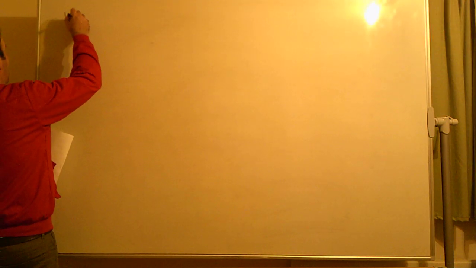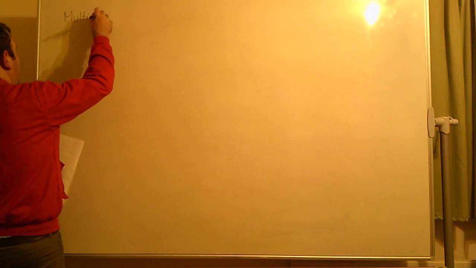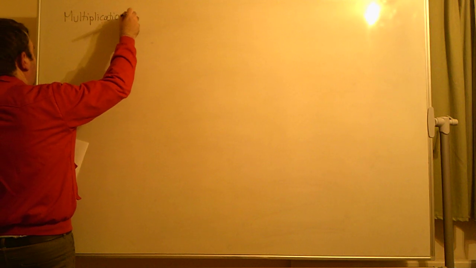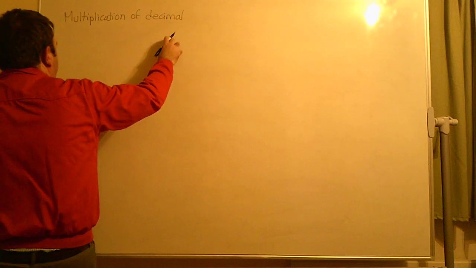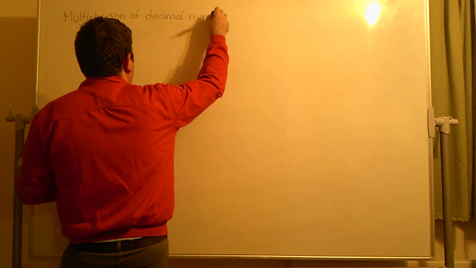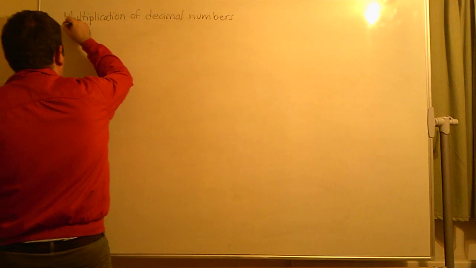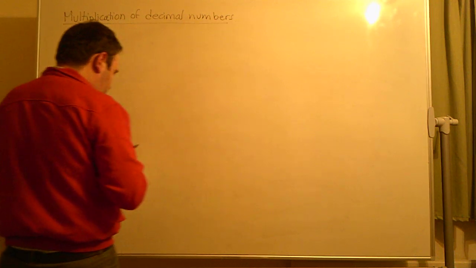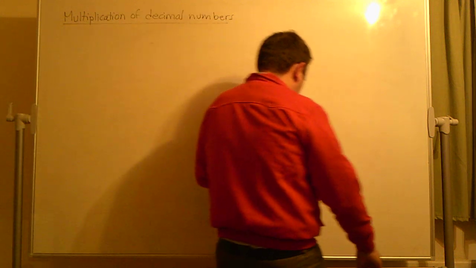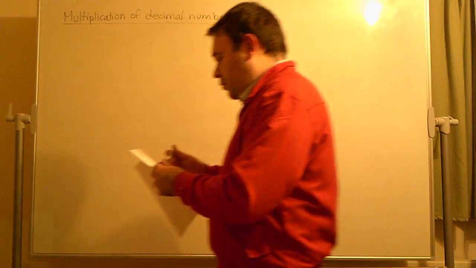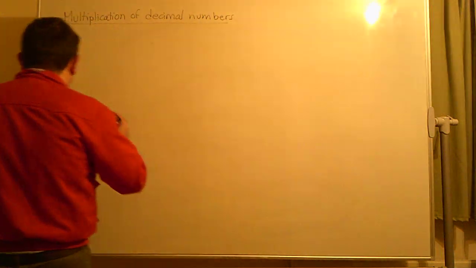Today we're going to study how to multiply decimals. Okay, so we're going to start with an example. Multiplication of decimal numbers. So let's say that we have